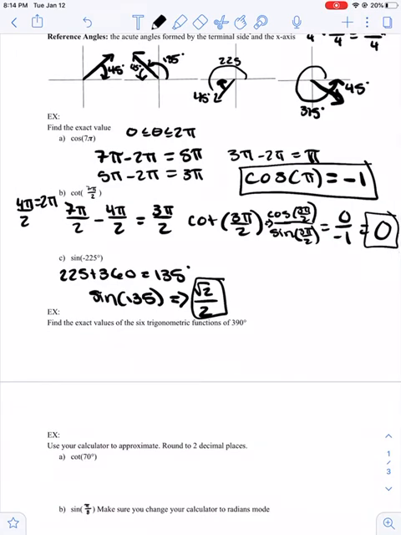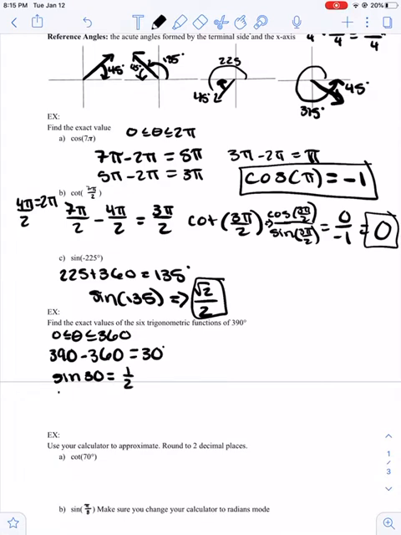Okay, so next we're going to find the exact value of the 6 trigonometric functions of 390 degrees. Okay, so first we got to check, is 390 degrees between 0 and 2 pi, or 0 and 360? 390 is above, so we need to subtract 360 degrees to get our coterminal angle, and that equals 30 degrees. So we're going to go find those 6 trigonometric functions using our unit circle. So the sine of 30